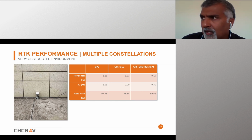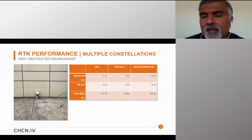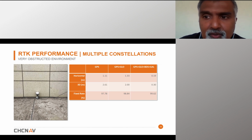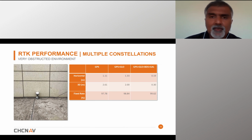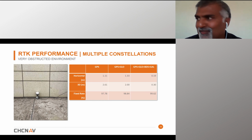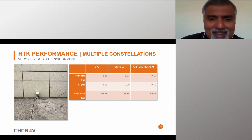As you can see, with GPS turned on, your horizontal accuracy is between 1.1 meter to... with GLONASS, as you can also see, in this case, it did not really help very much. But with the four constellations, GPS, GLONASS, and Beidou, you're able to see where the accuracy becomes 0.19 meters. Again, I got to apologize for my units. 0.19, probably about a foot. Again, the slides were made both in Canada and...